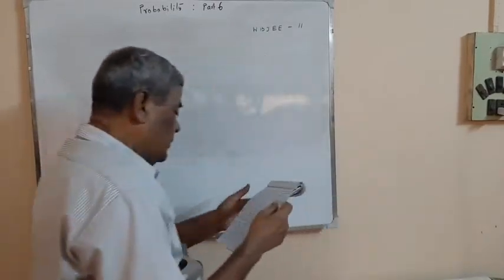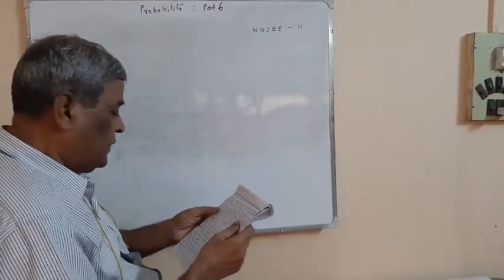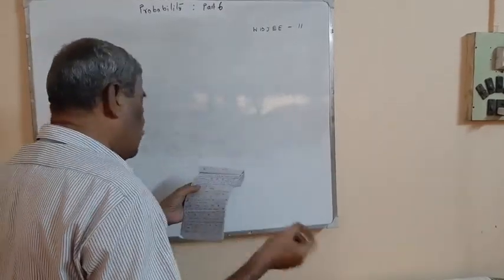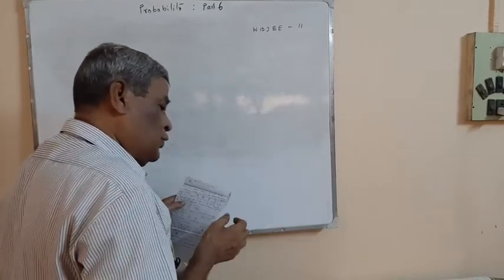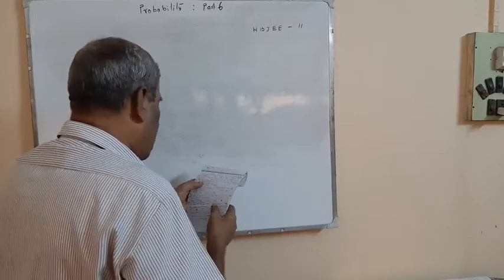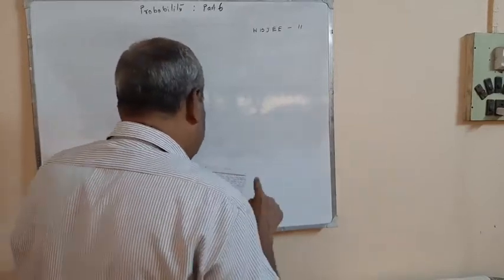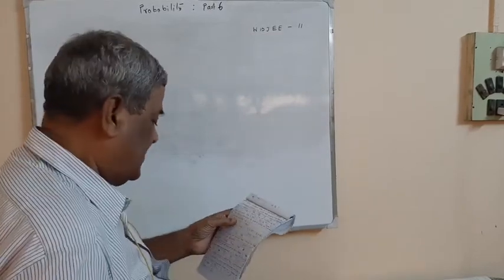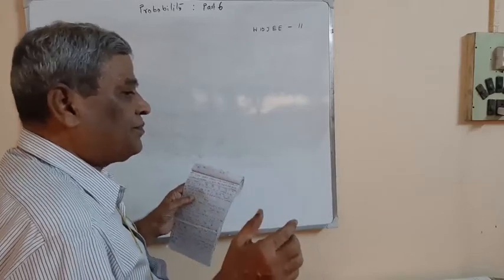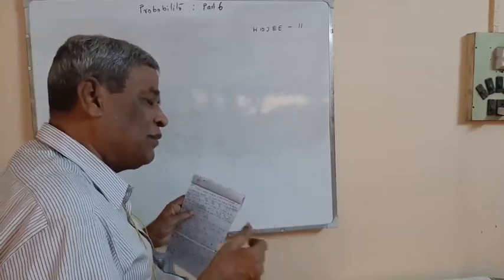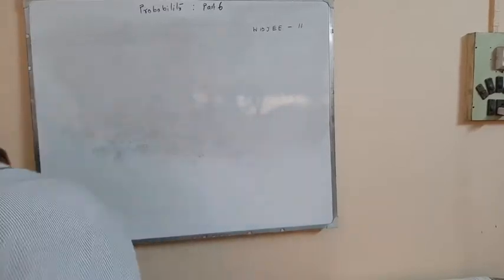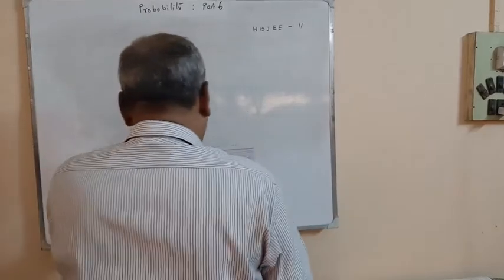Now we discuss our third problem today, and that problem is: 2 dice are tossed once. 2 dice are taken together and tossed, or rolled, once. The probability of getting an even face on the first die and/or a total of 8, that is, the sum of the faces of both the dice is 8. What is its probability? Options are